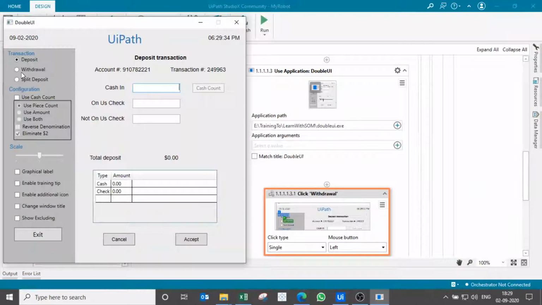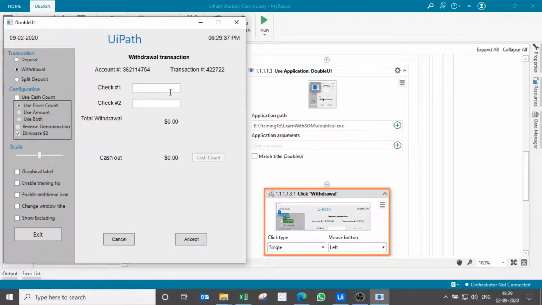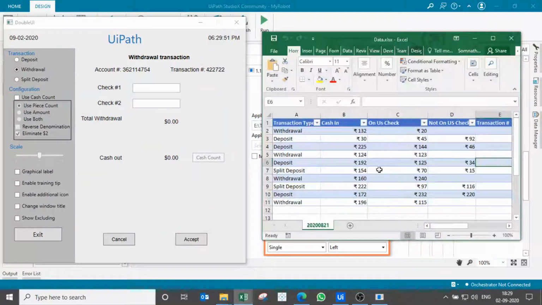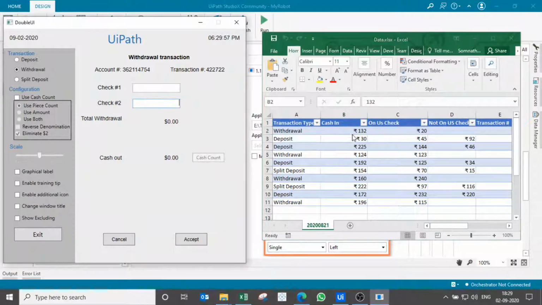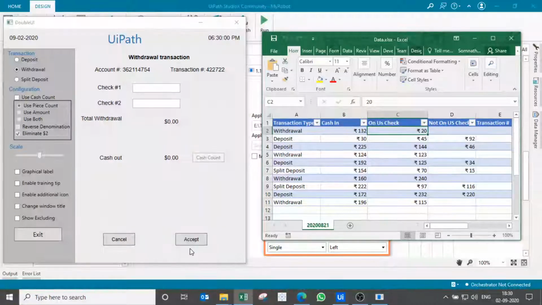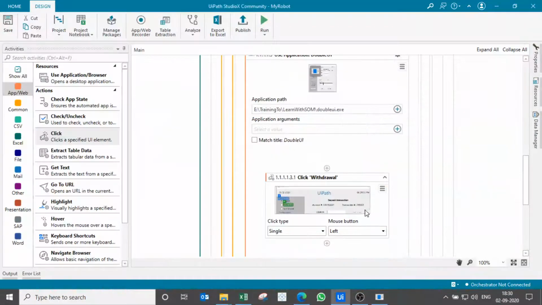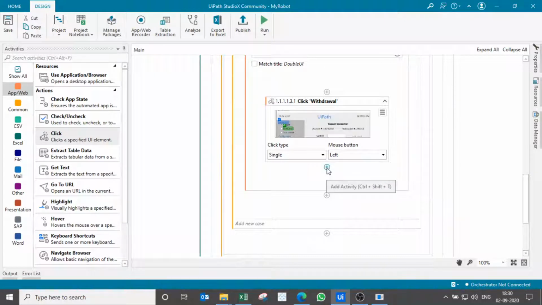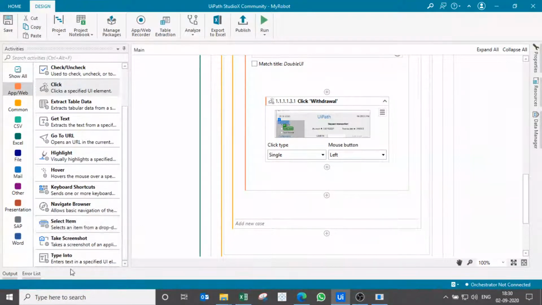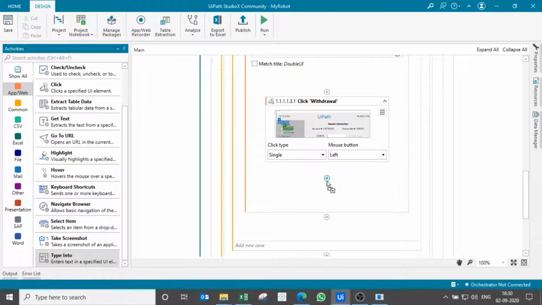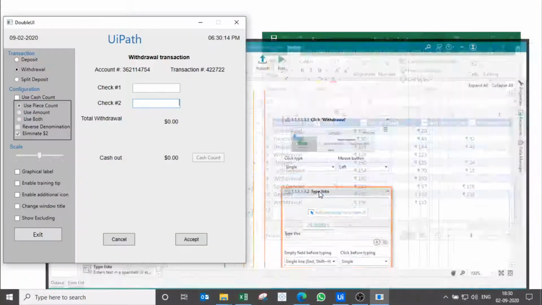Now we have to click on this so that for the next activity we can select from this. So now we would have to put data in check 1 and check 2. We will take data in case of withdrawal. Check 1 should be the cash in and check 2 should be the on us check. So let us do it. Now let us have a type into activity, so we will add one type into, and indicate on the screen.